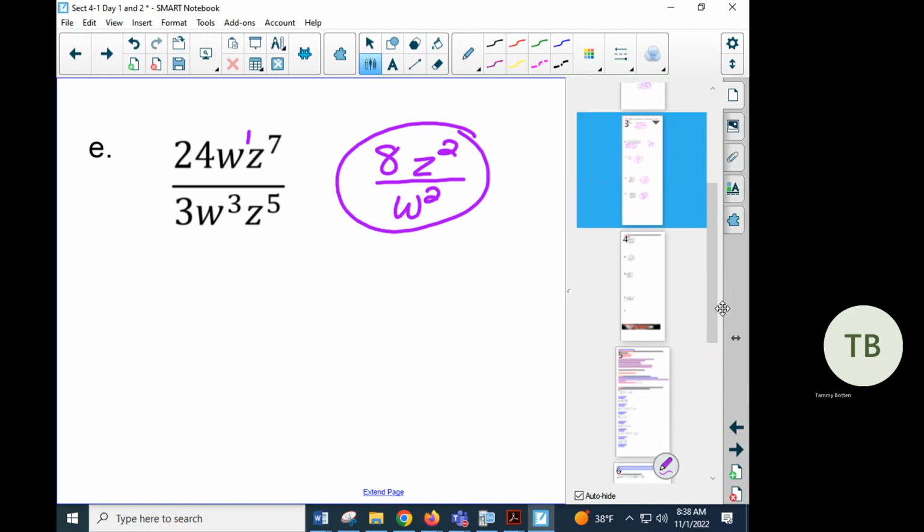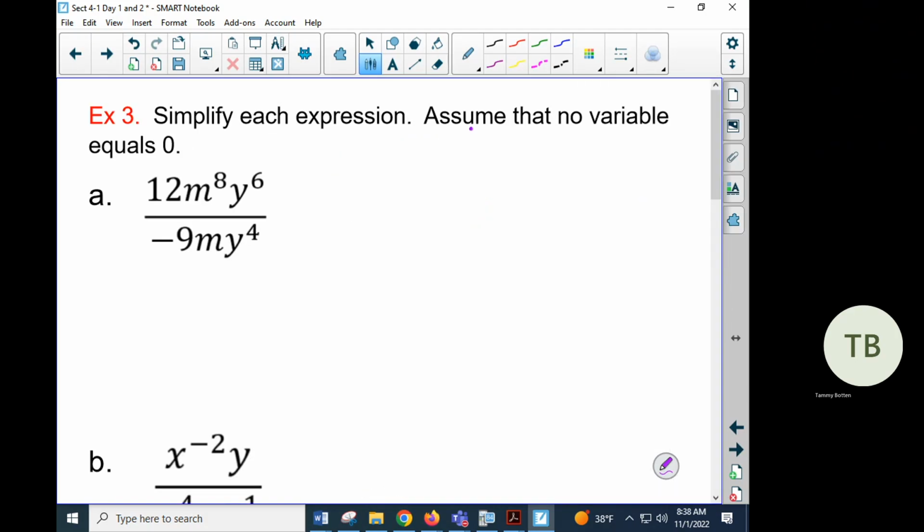Okay. Then let's go to this last page. For this one, again, you'd have to simplify that fraction. And again, that minus sign is on the bottom. I typically, if I have a minus sign, put it out front, but there really isn't a right or wrong place to put that. Now, 12 over 9, to simplify that, you think what's the biggest number that goes into